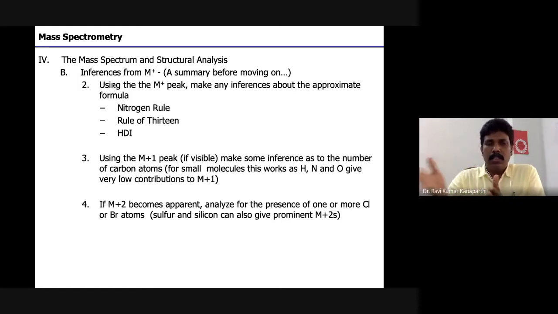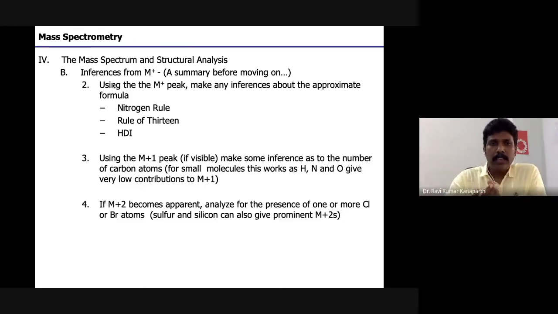And then you get some number, and then there is a remainder. So n plus r by 13 is the one, right? So n is the number of carbon atoms that we can expect in that particular fragment. Okay, it can be a molecular ion or any other fragment peak. And r is the remainder. The hydrogens in that particular fragment will be n plus r. And that is the rule of 13.